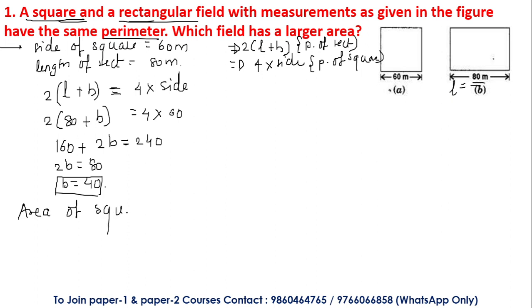The area of the square is equal to side square. Okay, we now know the side of the square, that is equal to 60. So if we take the square of 60 meters, we will get 3600 meter square. You just have to see what unit we are using over here at the same time. Okay, and the area of a rectangle,